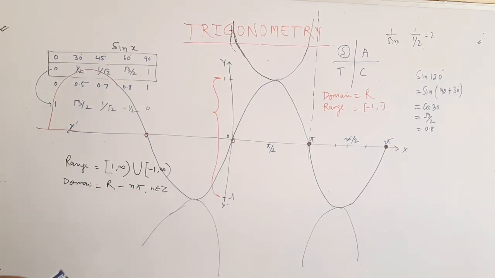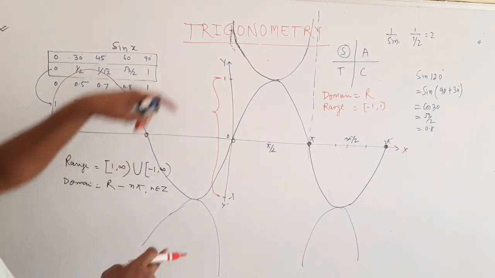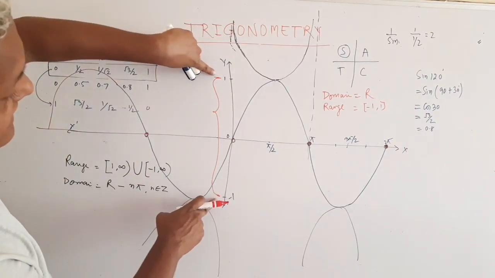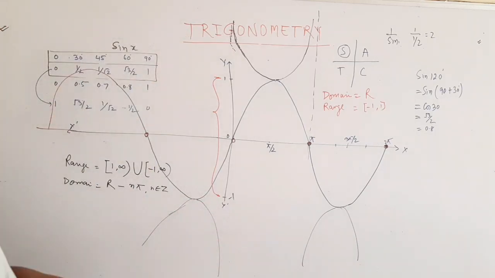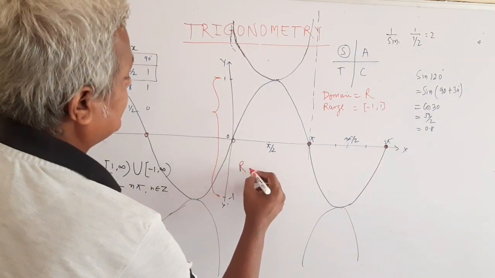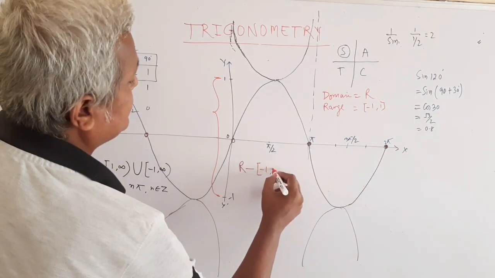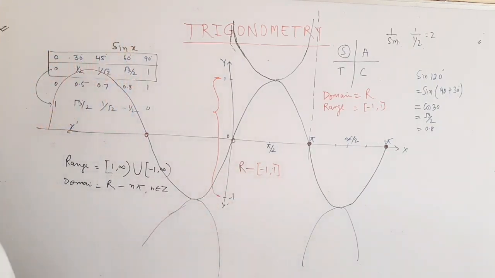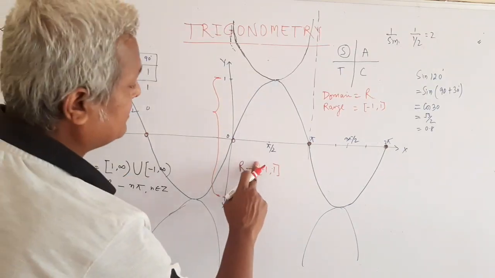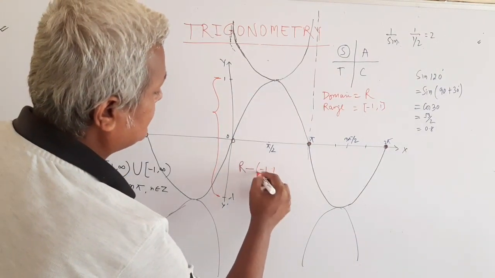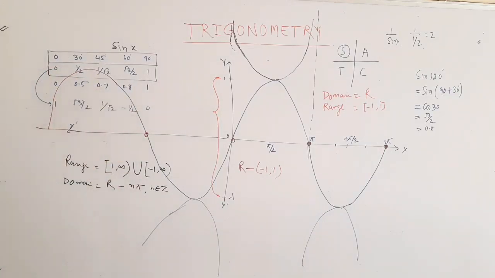And the range is again about the values. The cosec doesn't take these two values; it takes everything else. So you can also say the whole real line minus anything between minus 1 and 1. But this part is included, so I can make it better with an open interval like that. And that is the graph of sine and cosec. Now I have to clear the screen, and just after a while I will explain the graph of